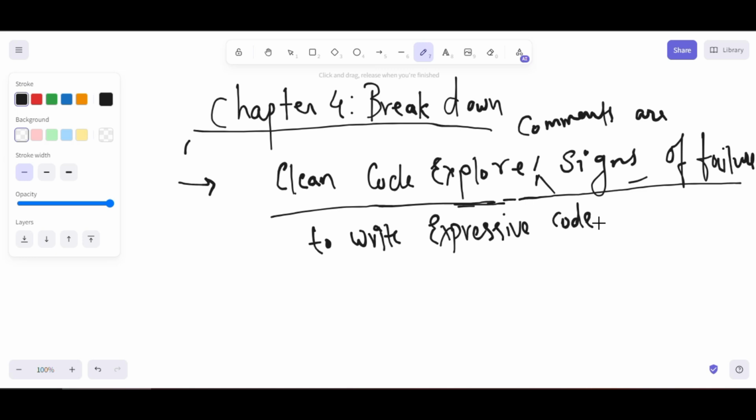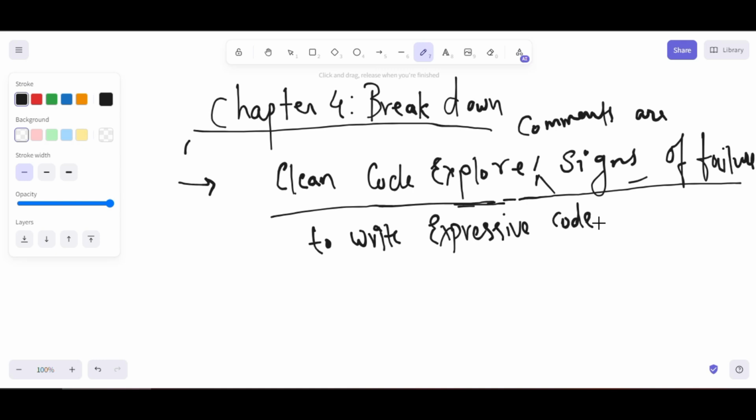A good comment is a rare and necessary evil. It compensates for code that cannot communicate its intent directly. But comments can also be dangerous if they mislead future developers or fail to evolve with the code.